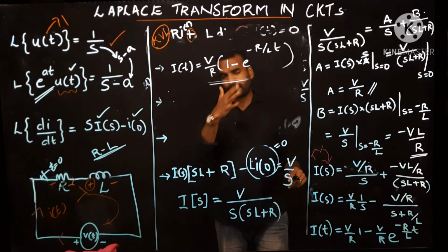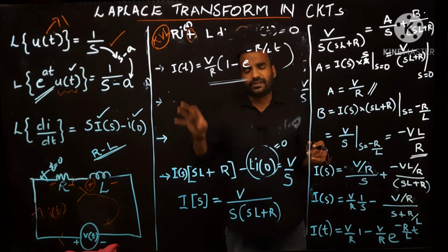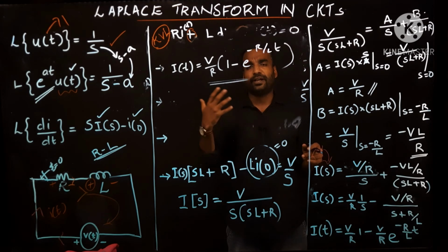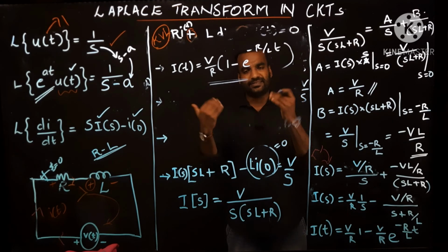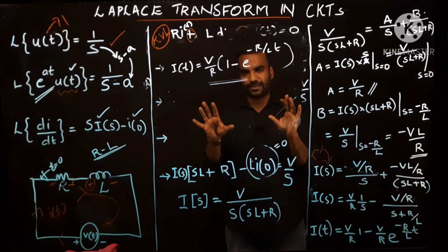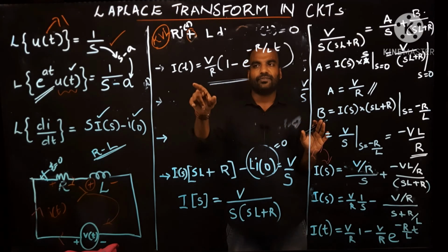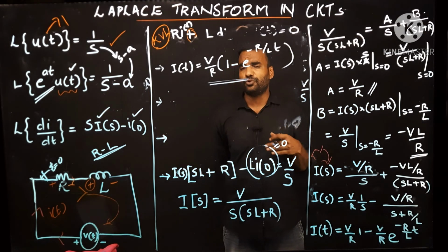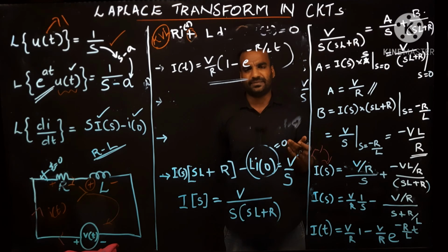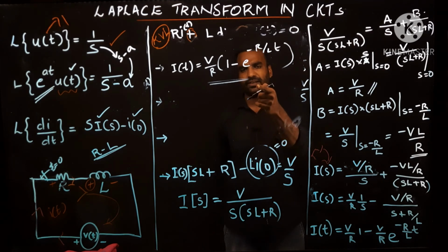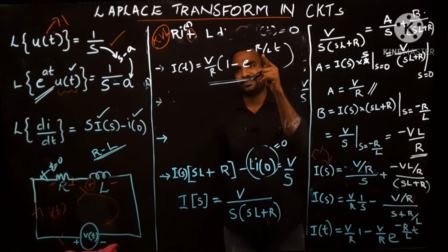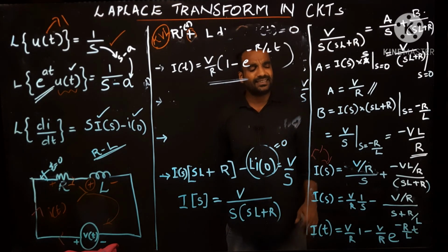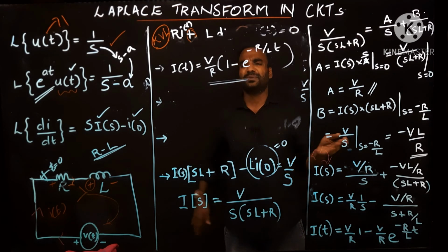You please check our previous experience with the differential equation method. Previously, we were developing a differential equation. We find its integrating factor. We did some manipulations in mathematics, and then finally we will get the same thing. In the lecture number 14 or 15, you can check for RL circuit with switching, we obtain the same equation for I of t. But as it is a first order equation, you may feel both these methods are almost same.